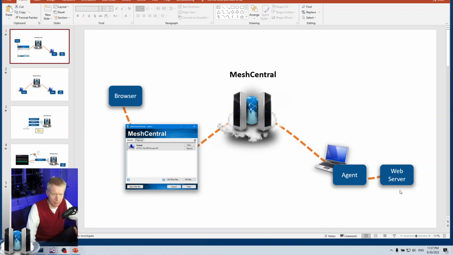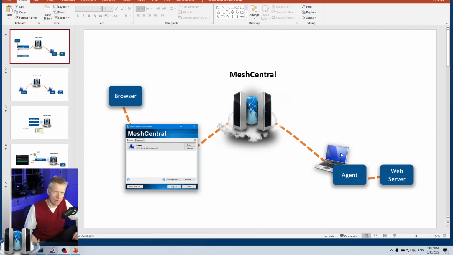Now you don't have a VPN here, but you do have a mesh agent running on one of the computers of the remote network. Sometimes the web server is also on the same computer as the agent, and that's perfectly fine.